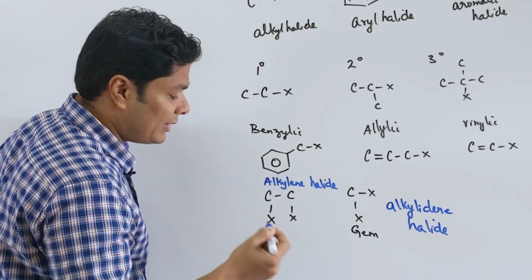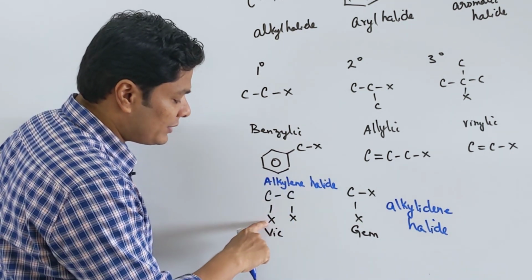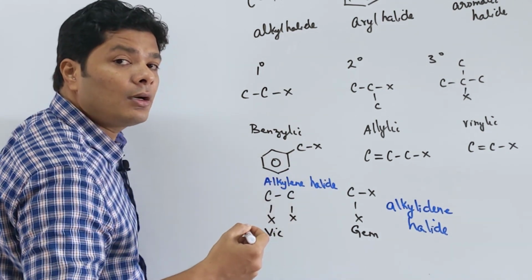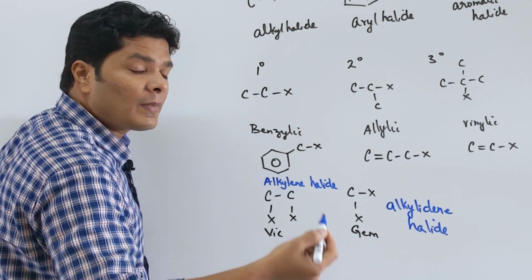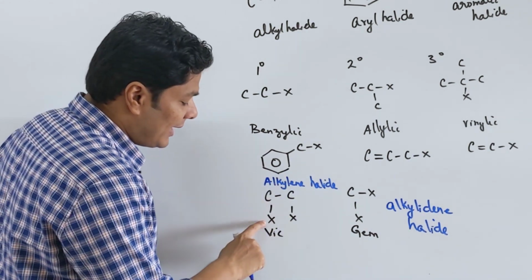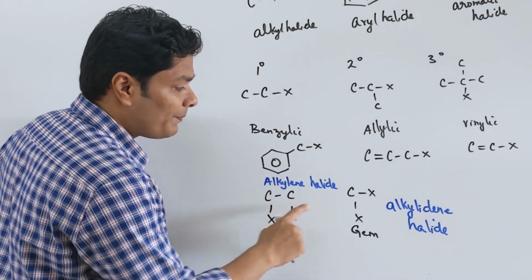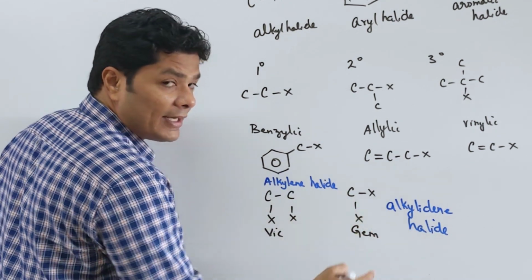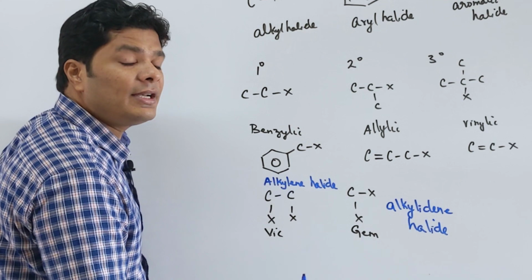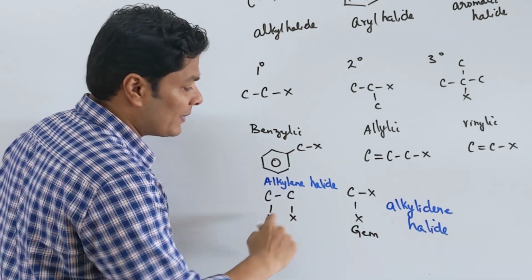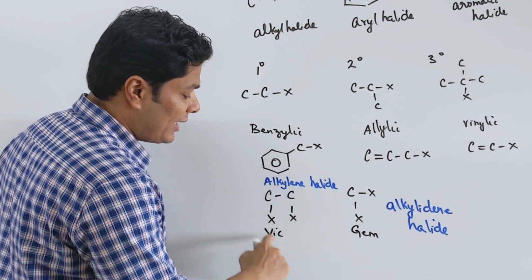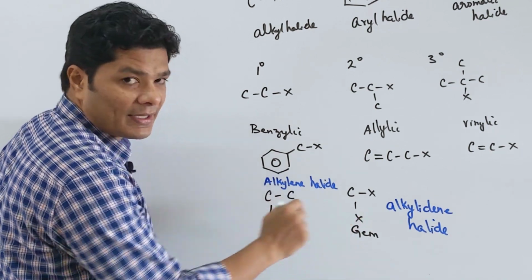It is understood that it is a vicinal. So, if this is chlorine and chlorine, I would say ethylene chloride. You don't say ethylene diol, right? It is understood. Similarly, ethylene chloride is understood. Similarly, if I have both on one carbon, I say ethylidene halide. Ethylidene chloride, meaning it is 2 chlorine. It is understood. So this is another way of classifying halides. Now, this is going to play an important role in terms of substitution reactions later.